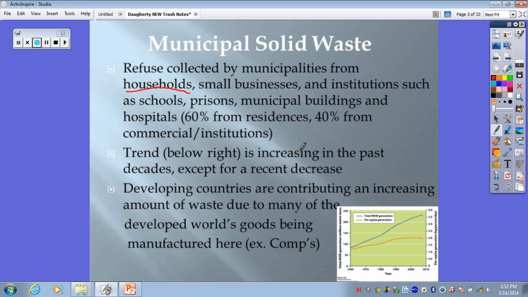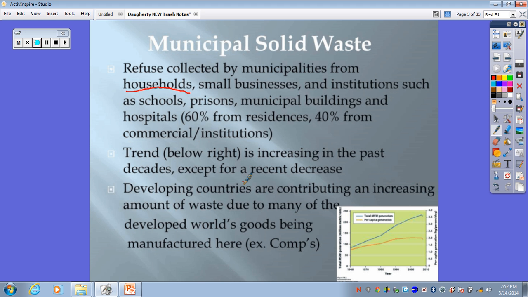And the trend, I had to make this graph a little bit smaller to fit it on here, is that waste has been increasing in the past decades except for a recent decrease, and we can say that's probably due to better recycling facilities. And developing countries are contributing an increasing amount of waste due to many of the developed world's goods being manufactured there. An example of this would be